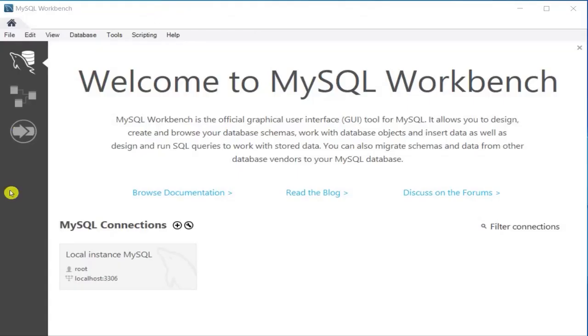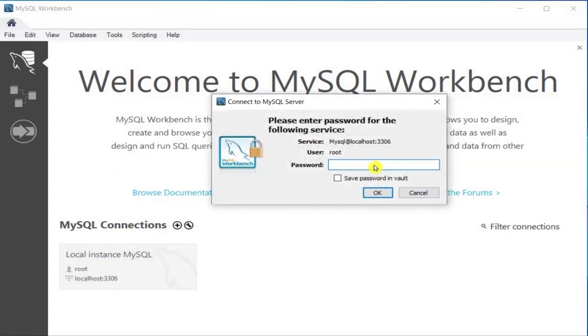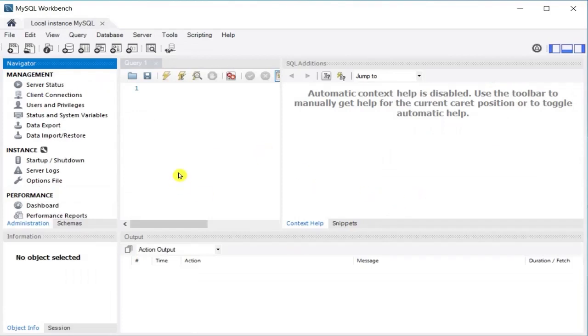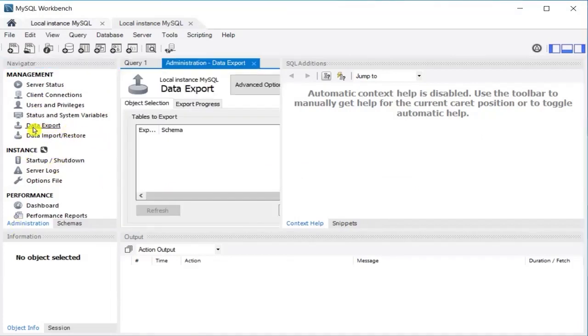Then move to our workbench. Now you can click on this root administrator MySQL connection. You can click on it, type your password here, password that you have set. It is open. Now here you can see the databases that you have created. If you click on data export, here it will show all the databases that we have created. So just now we have created a database, Deepak, so you can click on it, and it shows 0 tables because we have not created any tables. So if we create table there in the shell, so it will display here also.